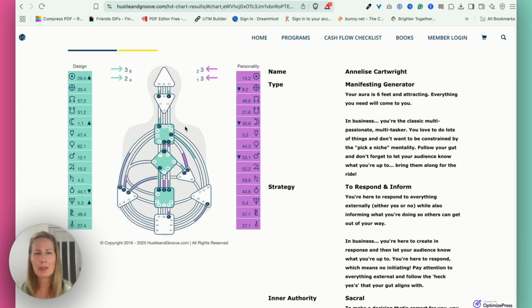So this is where you step down into following strategy and authority. More often than not, when it comes to the messages that you're communicating from your throat center, if it's open, so if it's white, you're more here to speak for other people. So you're not necessarily here to manifest your own things into existence, because if you have a defined throat, then you are going to be manifesting things.